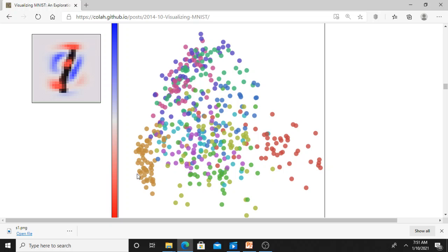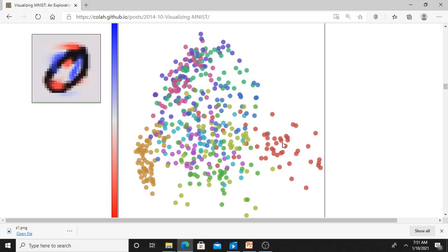Just see here, you are getting the corresponding number. These red points are zeros. The brown points, just see, are all ones. Here you have zeros. Here you have ones. So one thing that you quickly notice is that all your zeros are